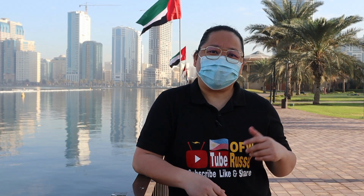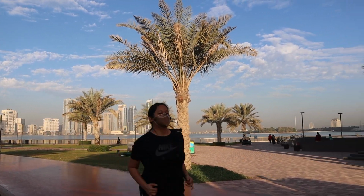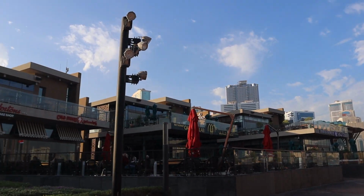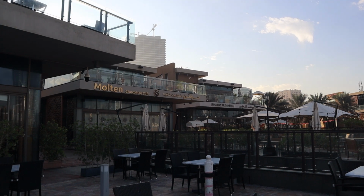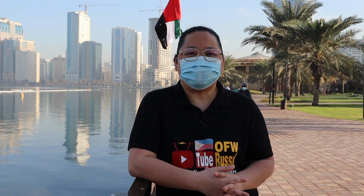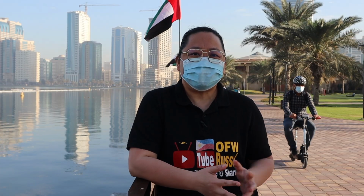So what can you expect if you are coming here? Well, they offer an impressive variety of recreational facilities for all ages. In the morning, you can come here and enjoy the jogging track, while buying your snack and drink, or bring your kids to the Splash Park, play mini golf,